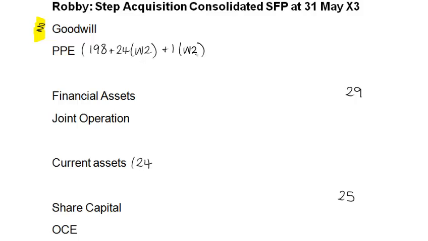These values, however, this revaluation was provisional. Now under IFRS 3, you've got 12 months to finalise your valuations. And we had a final valuation on the 1st of March X3, which is within the 12-month period. And it's going to increase a further 3 million. So I'm going to increase PPE by a further 3 million, so that's going to increase my assets here,